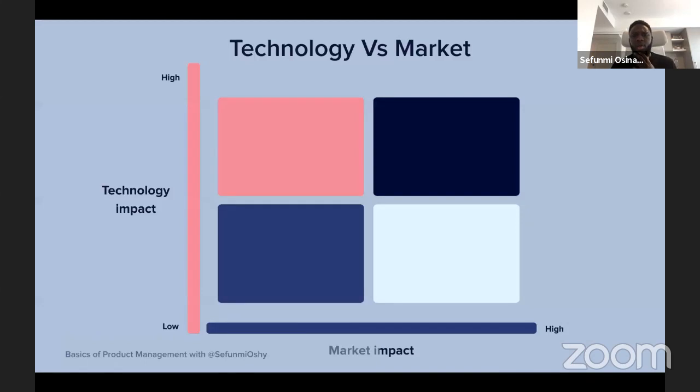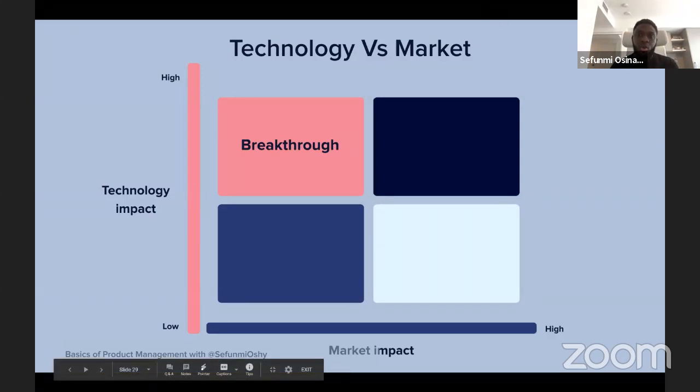And then I want to talk about the technology versus the market. Whenever you think about products that are out there, they're usually on this scale of either a technology impact or a market impact. And I wanted to start with the top left, which has high technology impact and low market impact. And that's what you call the breakthrough technology. Right? If you think about something like Google Glass. So when Google Glass came out, it was breakthrough technology,